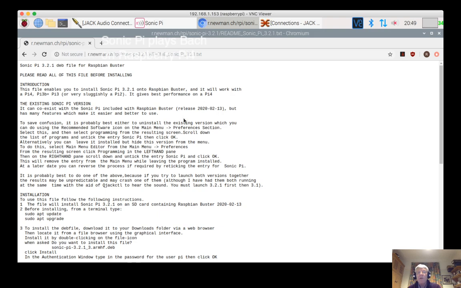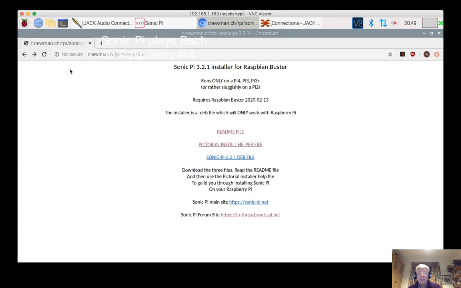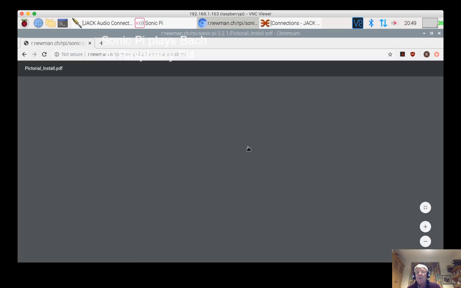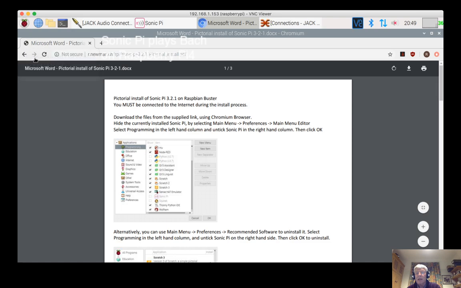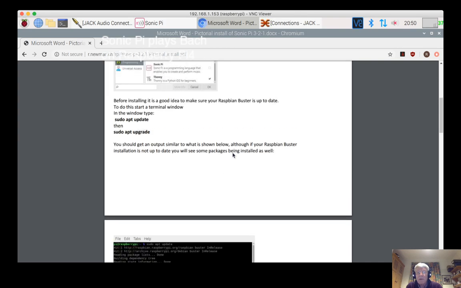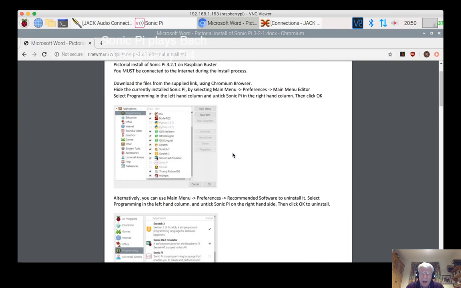And so if we go back to the previous page on the browser, you can see also that there is a pictorial install helper file. This one, the Microsoft Word there is just because I happen to use Word to generate the PDF file here. But it has lots of pictures in it helping you to see what to do. In fact, the first couple of pictures are just to do with either disabling or removing the existing Sonic Pi that is supplied with Raspbian,